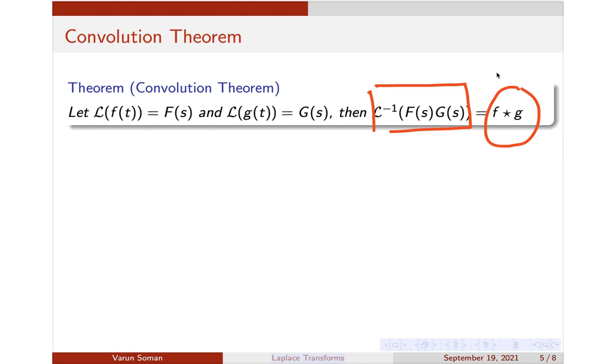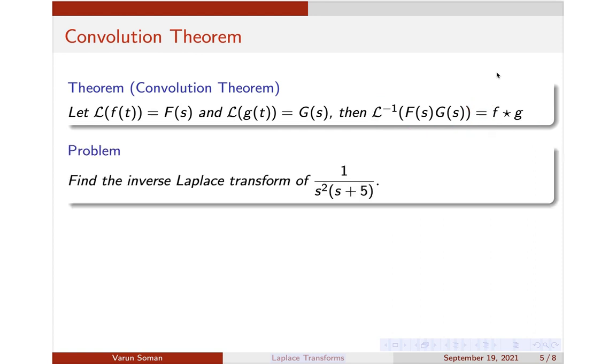It's a simple thing. Okay, so let us try to find the inverse Laplace transform of 1 by s square into s plus 5. One way is you can use integration, or you can use partial fractions and everything. Let us try the convolution method. The key lies in identifying this capital F of s and capital G of s. So can you see the capital F of s and capital G of s here? Yes. So if I take F of s as 1 by s square and G of s as 1 by s plus 5, this is of the form capital F into capital G, right?